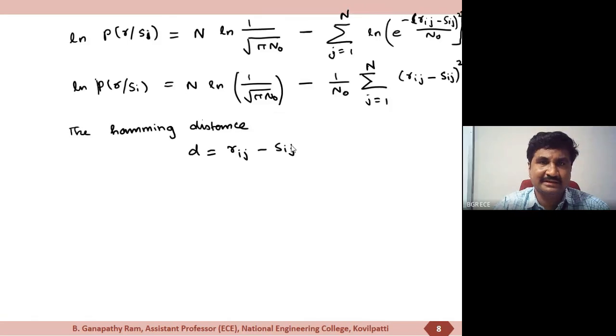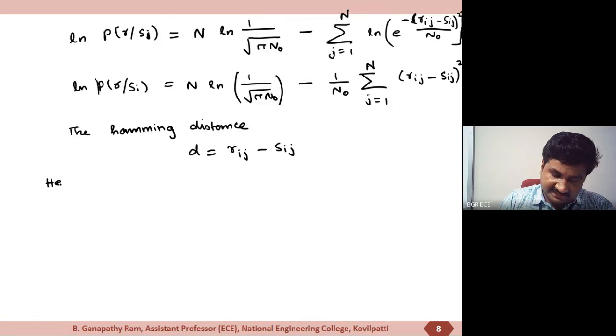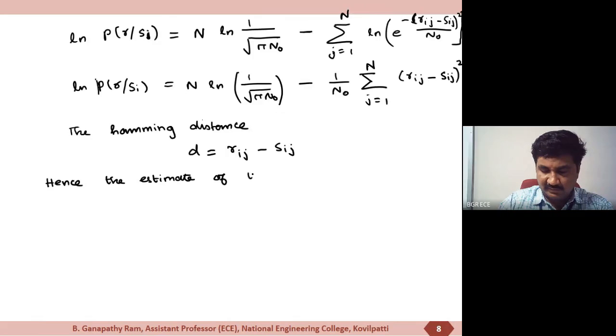In order to achieve a maximum log likelihood function, always the estimate should be chosen in order to reduce the Hamming distance. Hence, the estimate of Si can be written as